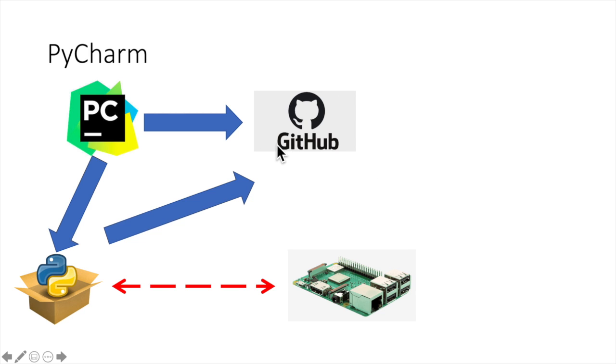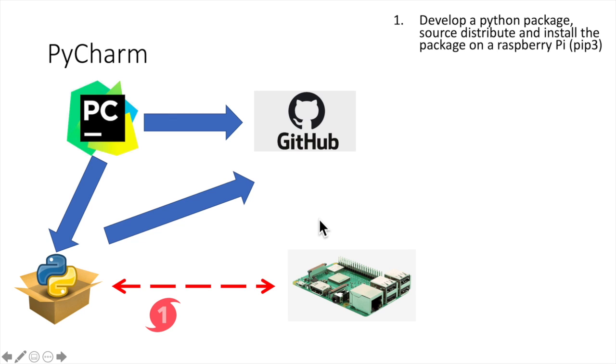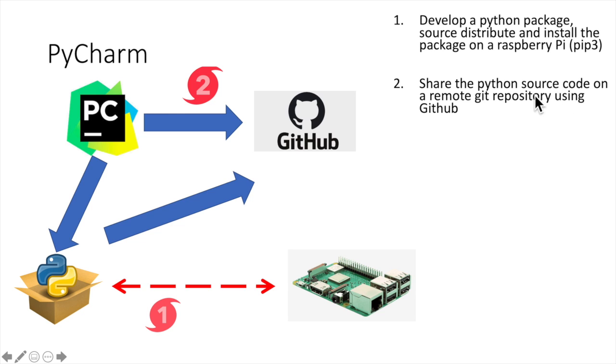Namely, it's called GitHub. The video series is going to be broken into 5 different videos. In the first video, I'm going to show you how to create a Python package, then source distribute it and install it onto a Raspberry Pi. The second video is going to concentrate on how to share the code onto a remote Git repository using GitHub